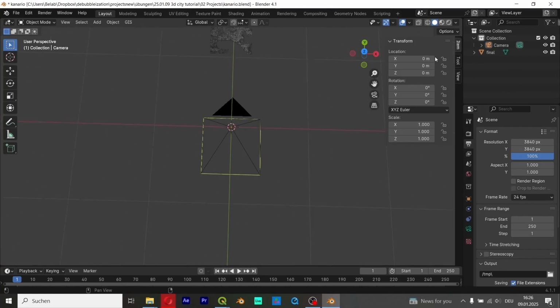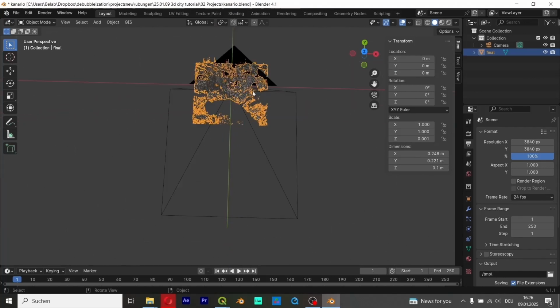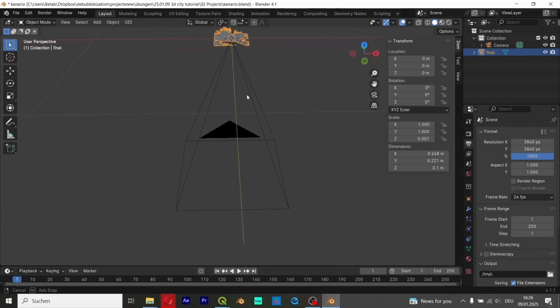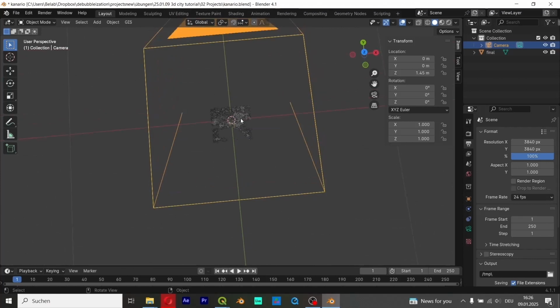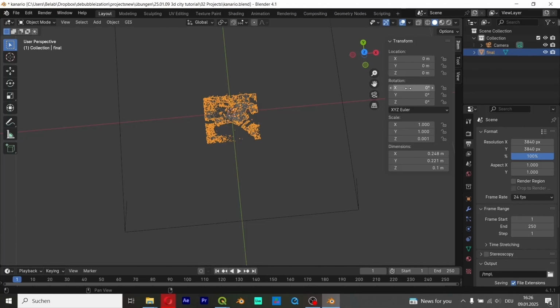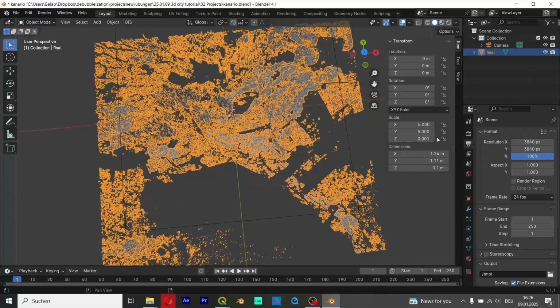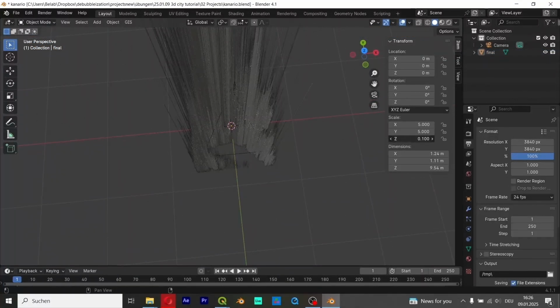And now you see where it is. It's here. Ah, it's not. The location is not 0 anymore somehow. But now you see what's happening here. Now you can put the camera up again. Okay, we can make it actually quite bigger. Let's go scale 5, and here let's just say 0.1. Okay, too much already. Let's not say 0.1, 0.04,